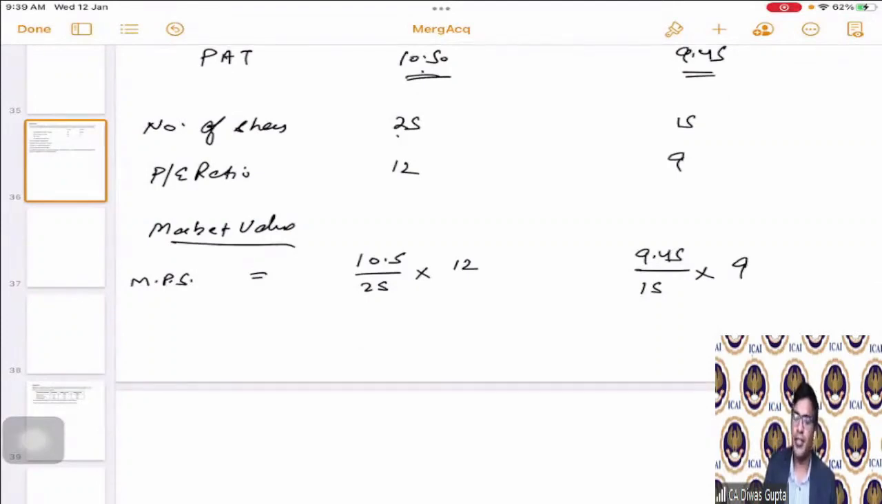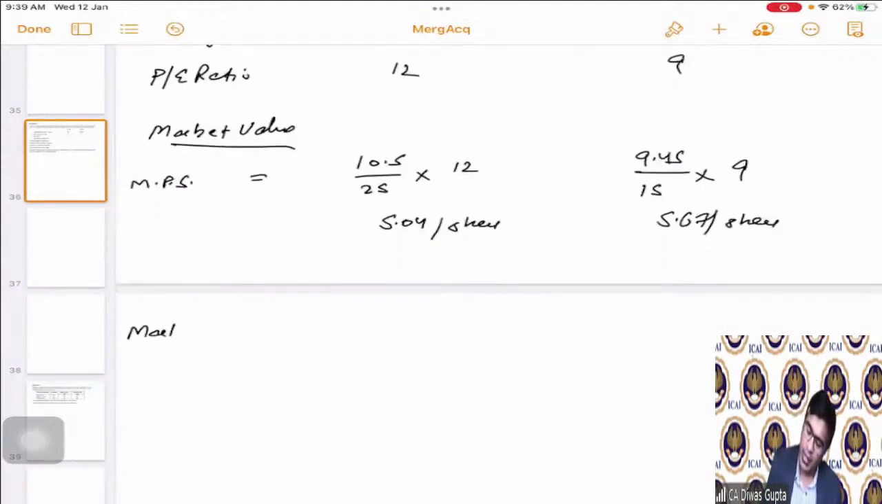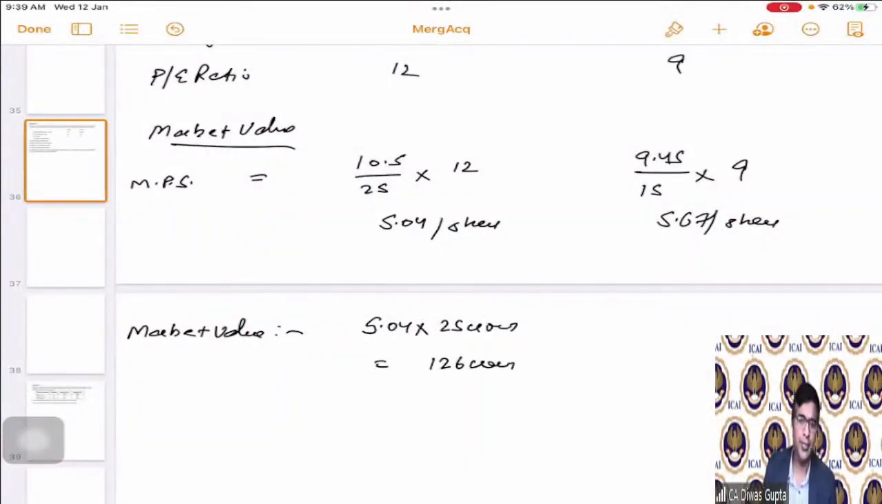Okay, so 9.45 divided by 15 into 9 is what the EPS is. If we calculate both the numbers, it is 5.04 per share and it is 5.67 per share. This is what the EPS is, and the value, which is the market value, will be 5.04 into 25 crores. 126 crores is the market value here, correct? I have just multiplied with the number of shares,